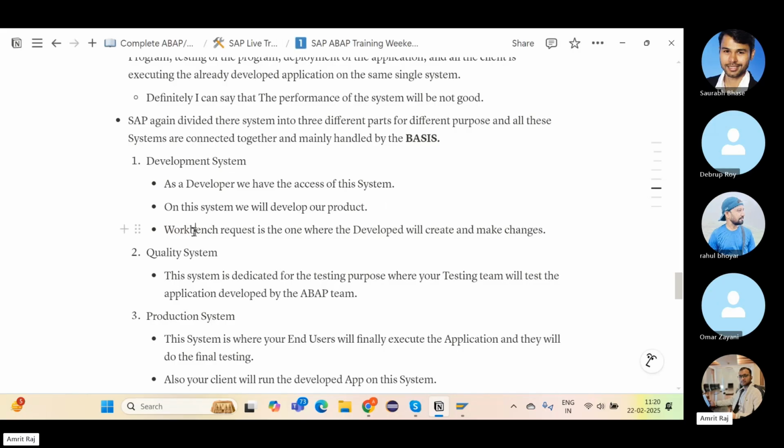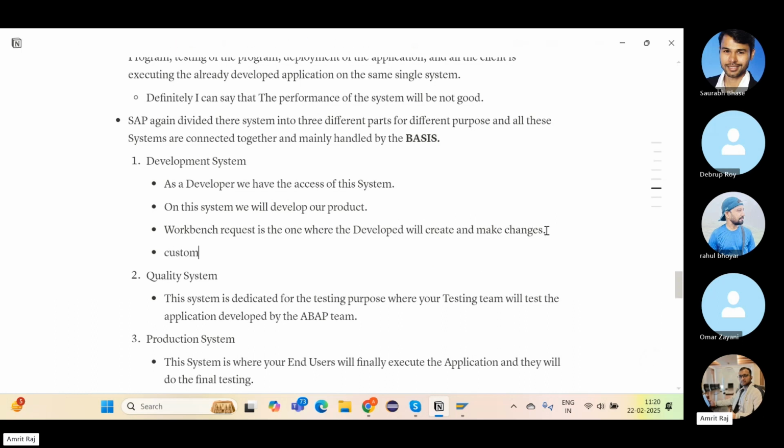Workbench requests are explicitly aligned for the developers for creating, changing, or performing any kind of operations. And customizing request: as a functional consultant, whenever you make some configuration, you might have realized that a customizing request is always there, right? Some of you would have definitely realized that customizing request is where the functional consultants